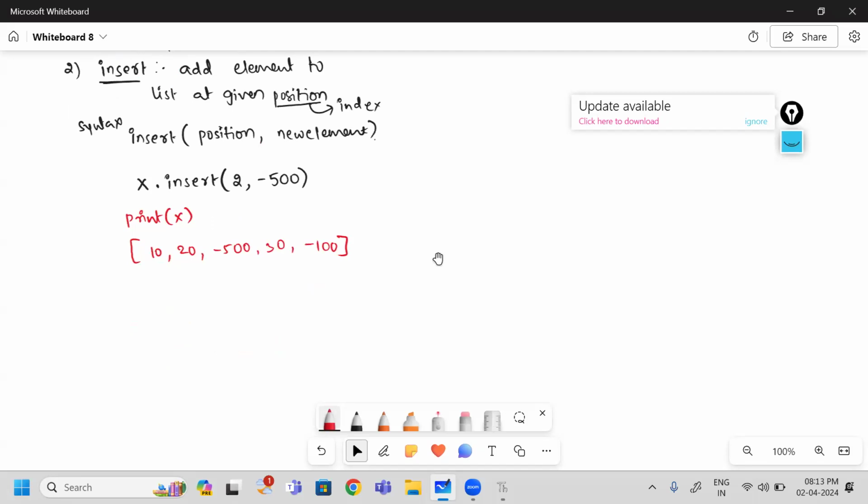So how can we use that one? For that, Python has given another method for adding a new set of elements. That one is the extend method. Okay, so this method allows us to add multiple elements to the list. So how can I use this one? Same thing, syntax. The syntax of this one is